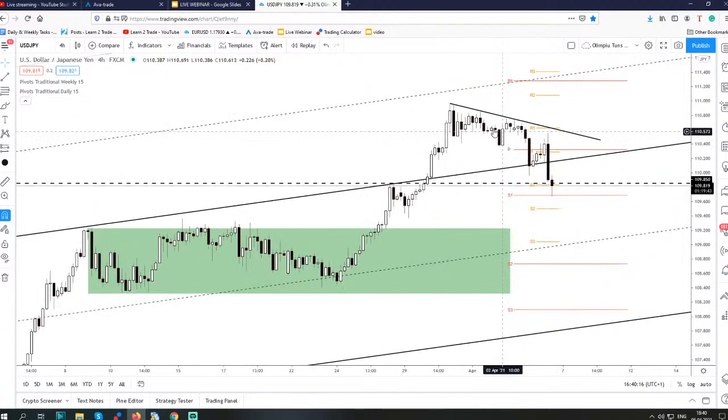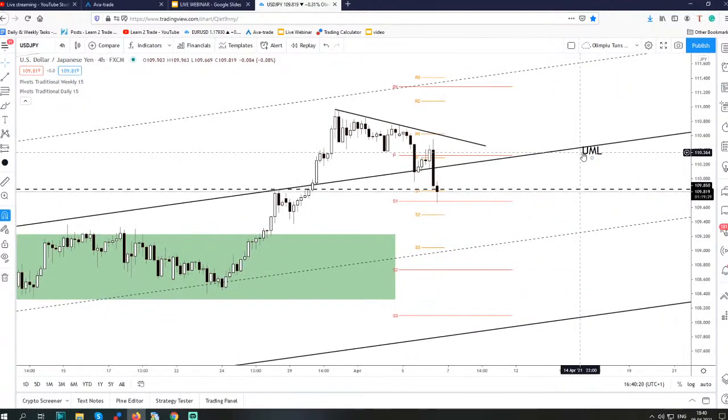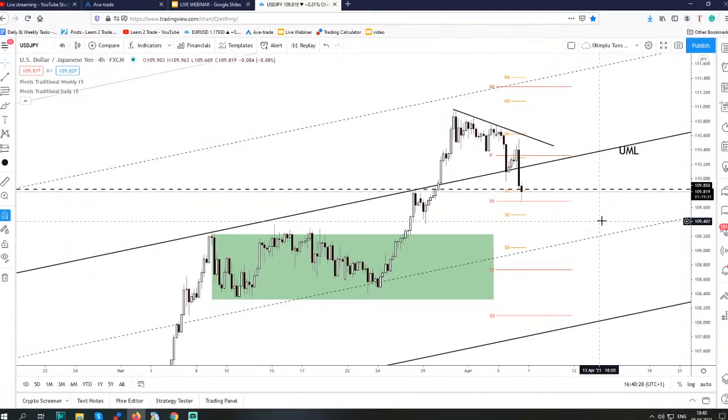So we had here a temporary decline, rebound from the upper medium line, only a false breakout here above the weekly pivot point. So now the price continues to drop and it has reached the S1